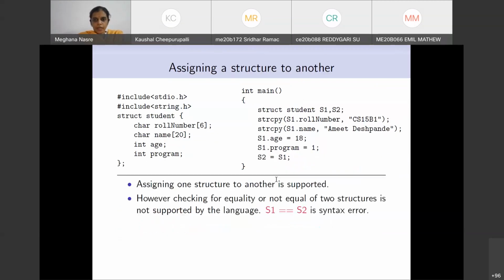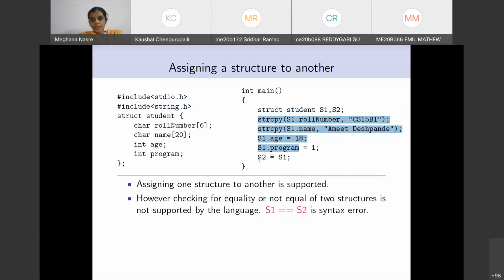Okay, so what we have seen as well is that assigning one structure to another is supported. For example, if you have two variables, both of which are of type struct student, and you have initialized one by having appropriate values inside that, then you can say S2 is equal to S1.